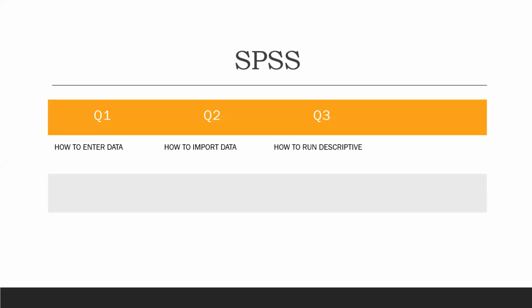And the third one is how to run the descriptive. The fourth one is how to run the frequencies. More or less the options in the descriptive and frequencies are almost the same. I will show in the software. So that's the thing which we need to know. And the fifth and sixth are related to explore and crosstab. The crosstab is related to,